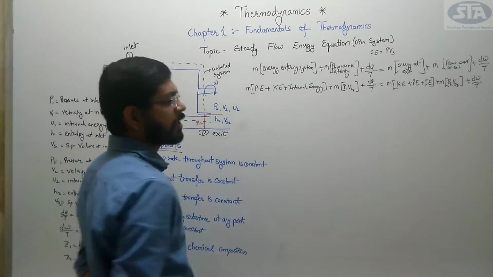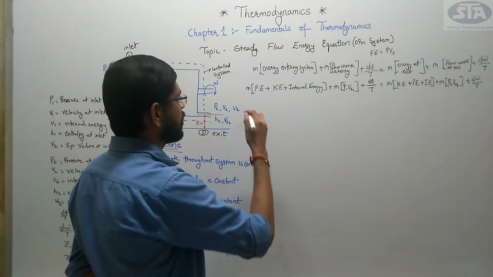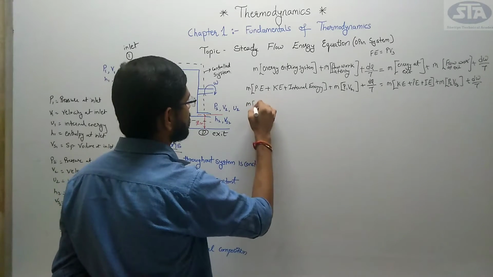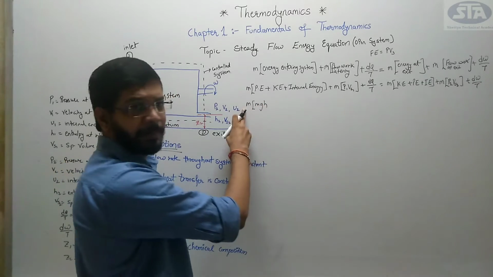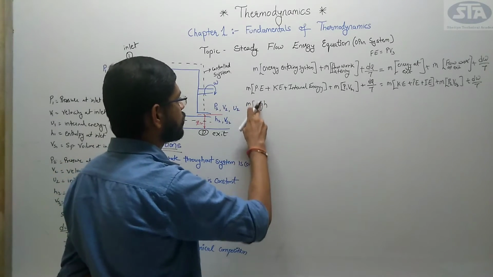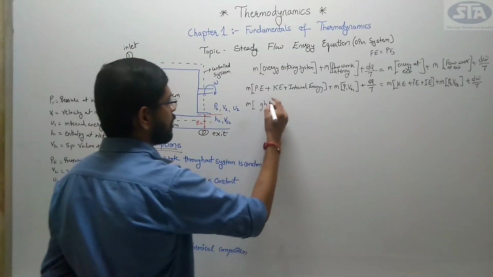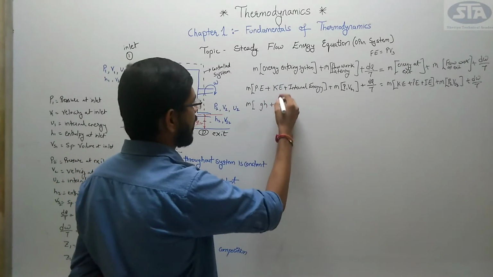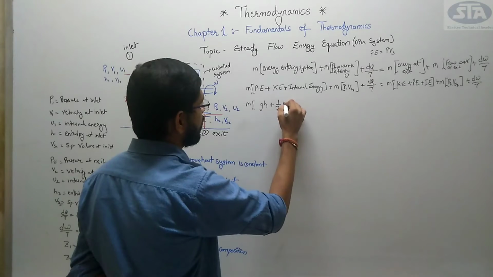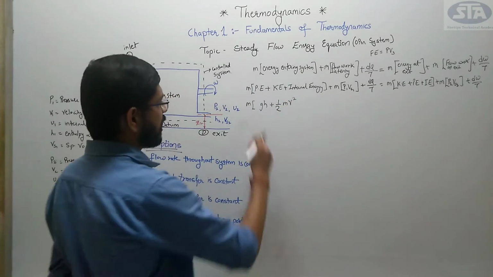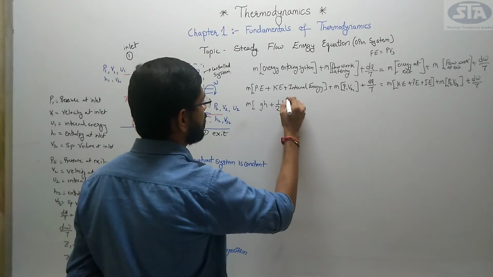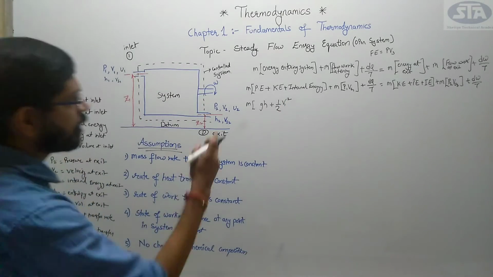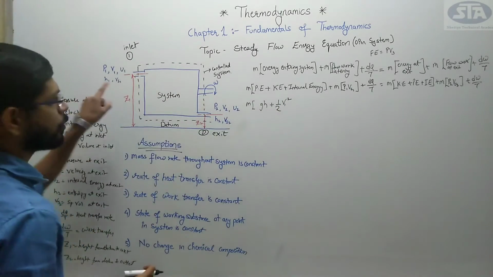The formulas we have seen for potential energy and kinetic energy. The potential energy was mgh, right? But as I am already taking m outside, there is no need to write m here again. Similarly for kinetic energy, the formula was half mv square. Mass is already outside, so I remove m. It would be just half v square. And as it is for the first section, I am writing 1 here.